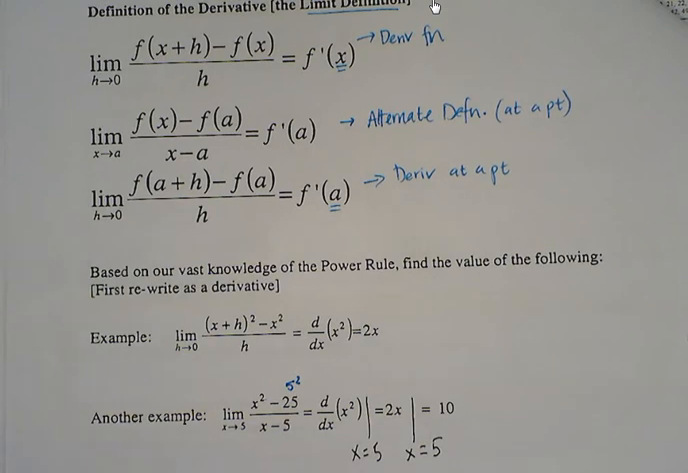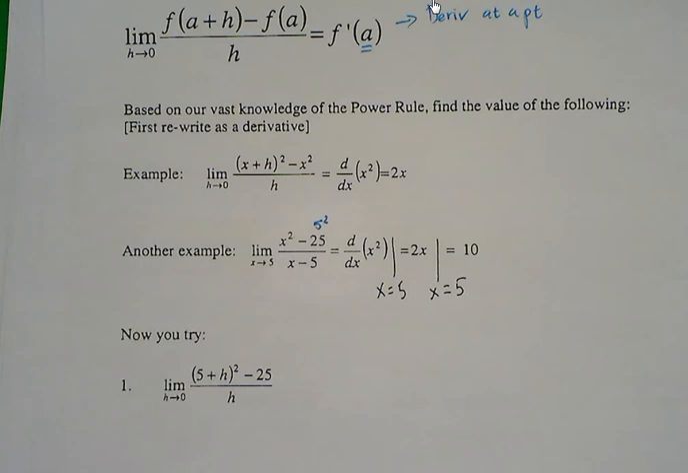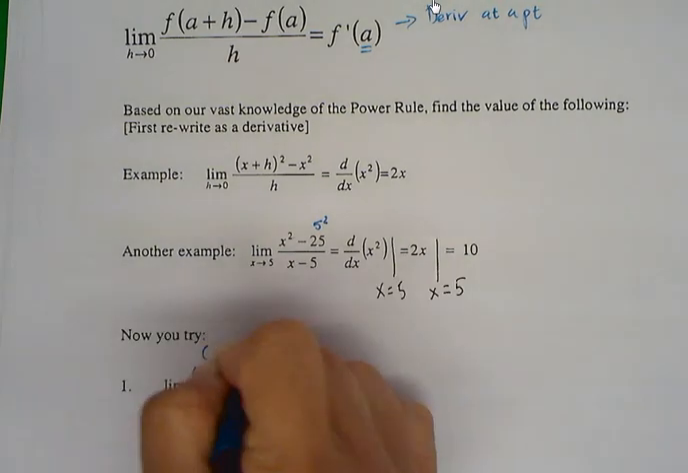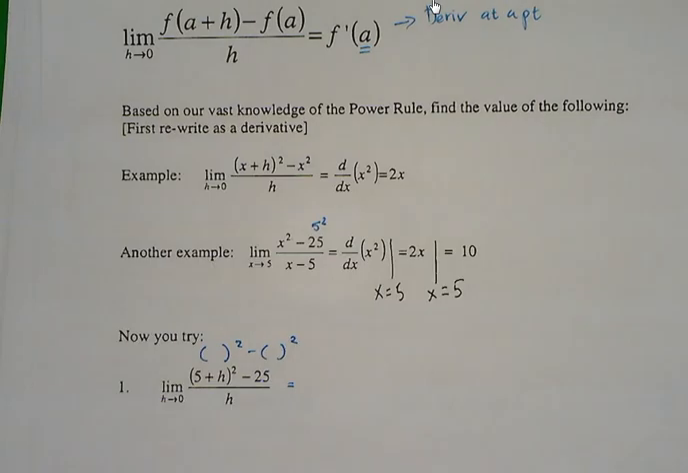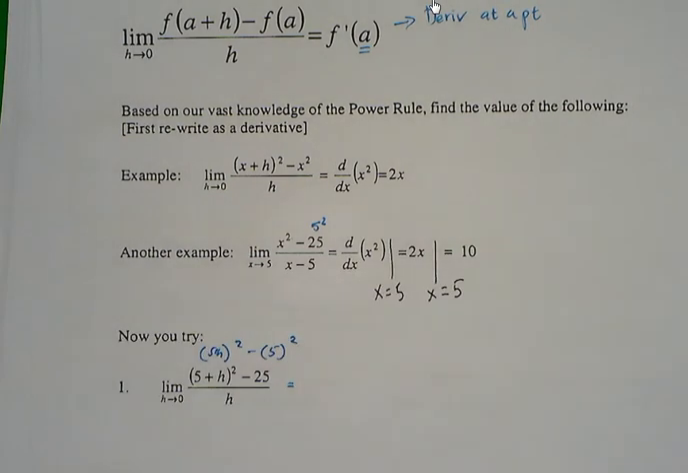Okay. So let's try this one now. What is this? Which definition is this? It's the derivative. Is it the first, second, or third on the top there? It's the third one though, because it's at a particular point. So this is something squared minus something squared, huh? It's 5 plus h squared minus 5 squared, right? So that's the derivative of,